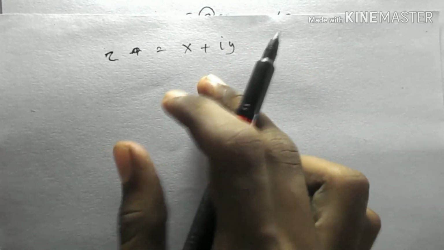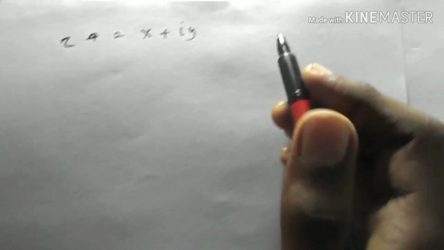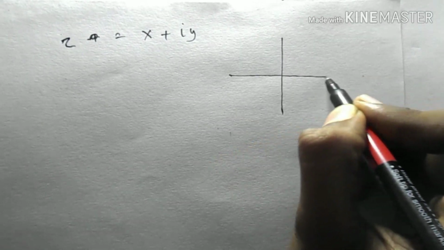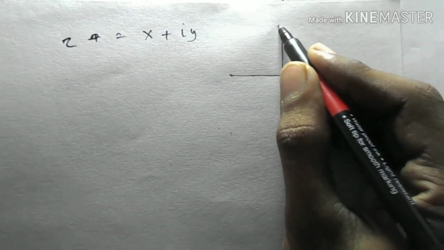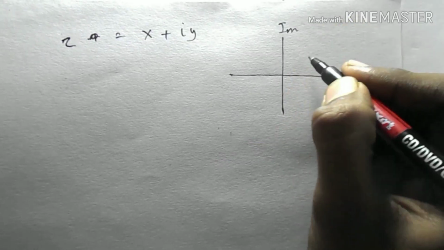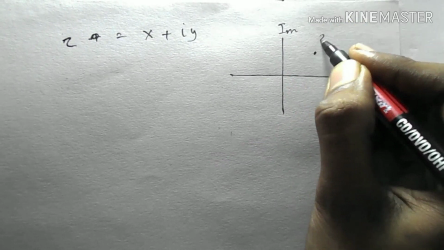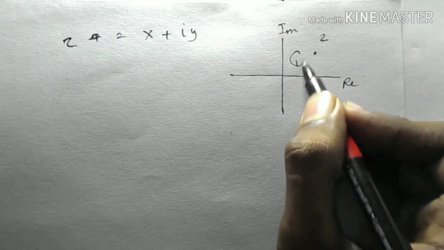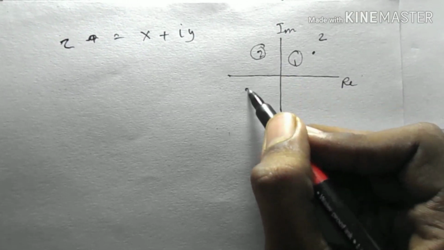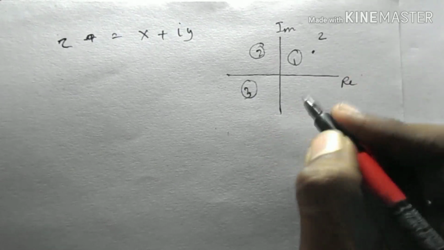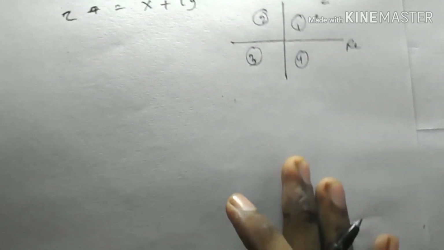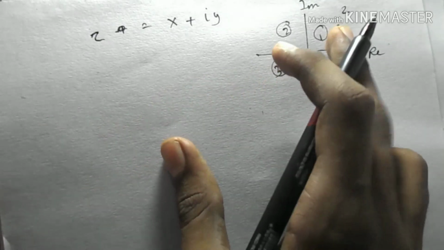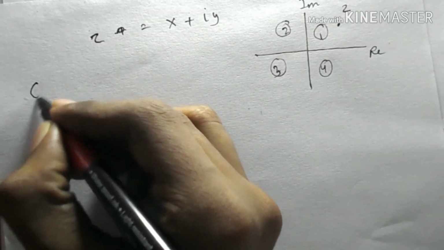So first I have to plot the graph of this complex number, as I've shown in my previous videos, right? So I made the graph. This is the real axis, this is the imaginary axis, this is the complex number. Now I have to check whether this complex number lies in the first quadrant, or the second quadrant, or the third quadrant, or the fourth quadrant, right? So now if the complex number lies in the first quadrant, then